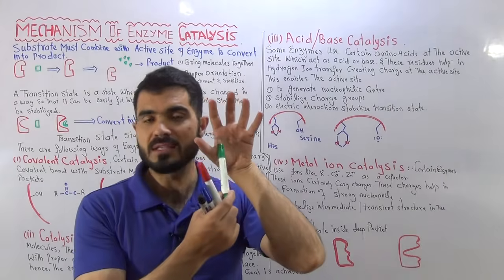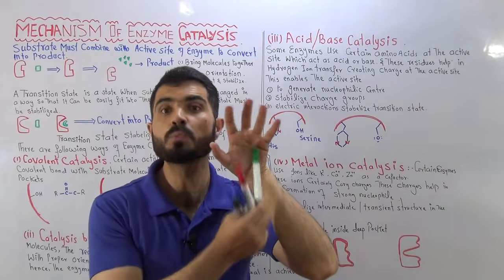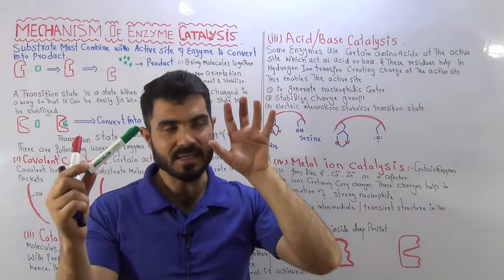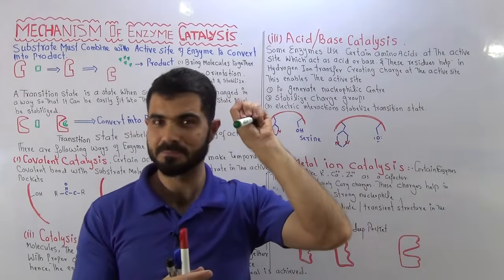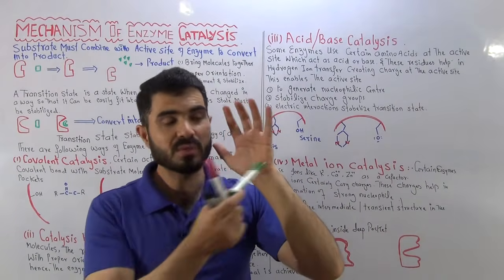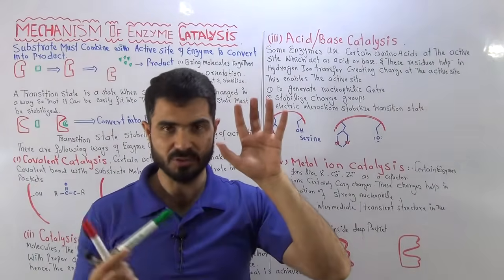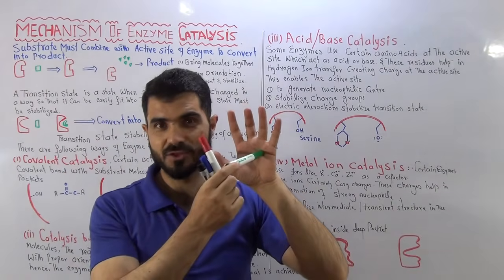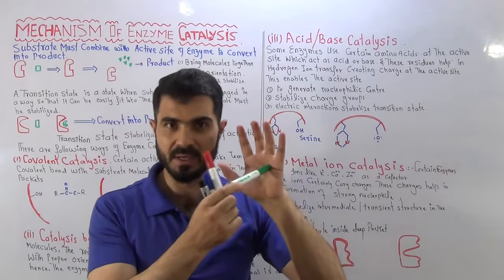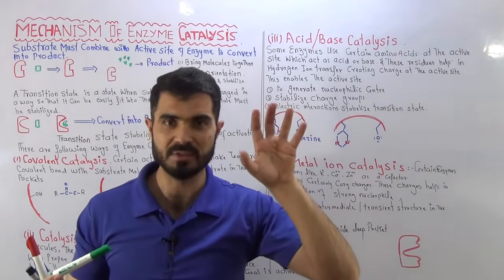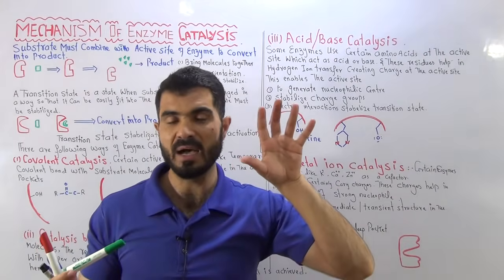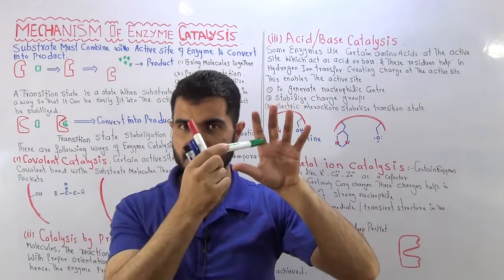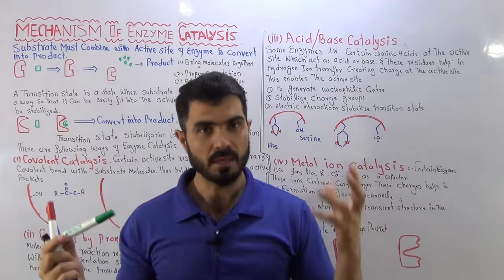The active site of the enzyme must have some groups, charge groups, so that the substrate can attach with these charge groups. Otherwise, without these charge groups, the substrate molecule may not be able to attach. So this is the second requirement that must be there. This is the responsibility of the active site, that it generates positive and negative charge so that the substrate attaches. This was second. The third one